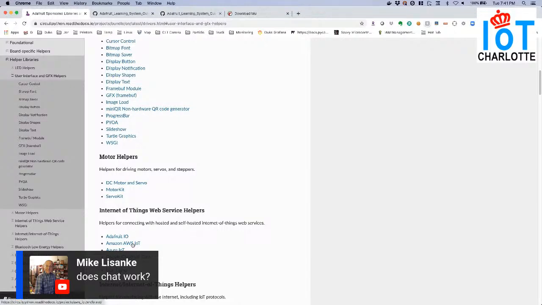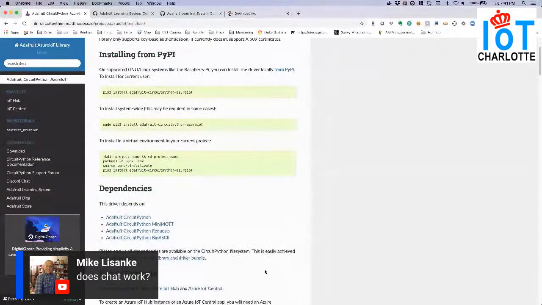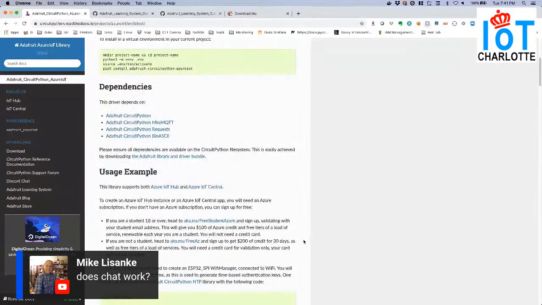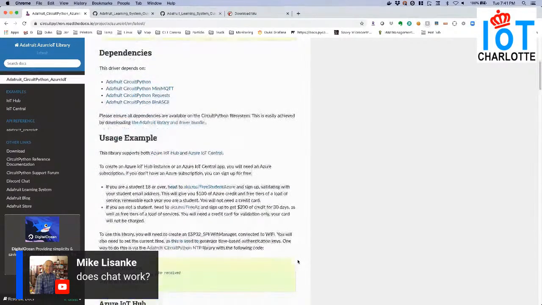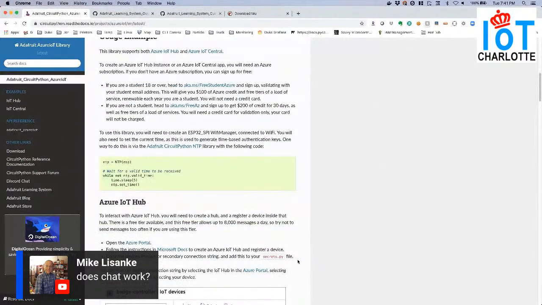Supports AWS, Azure IoT for Dan, and obviously MQTT support, not just for Adafruit and their Adafruit IO.